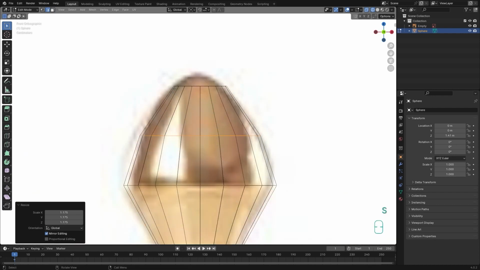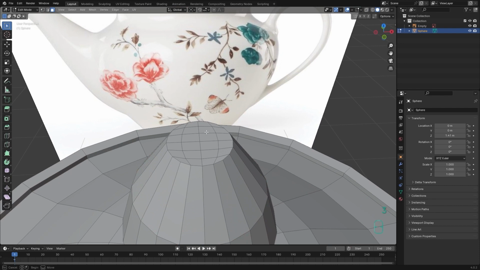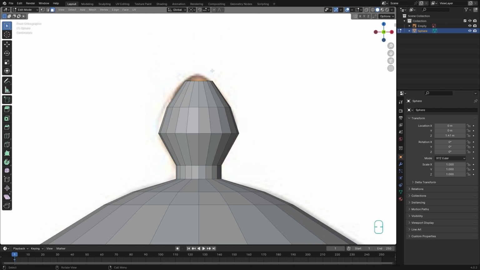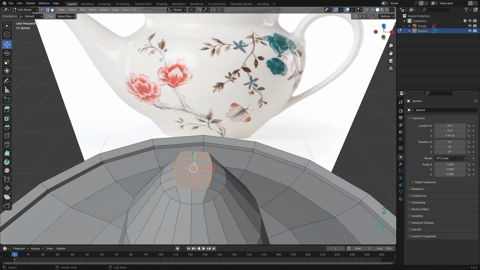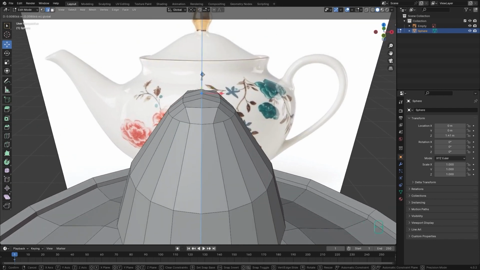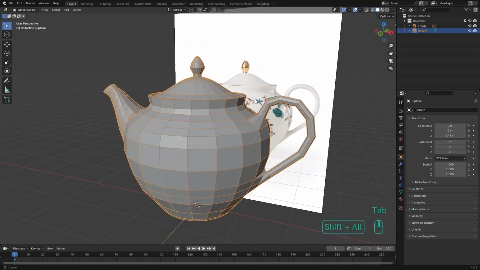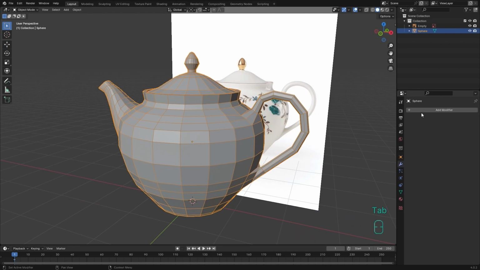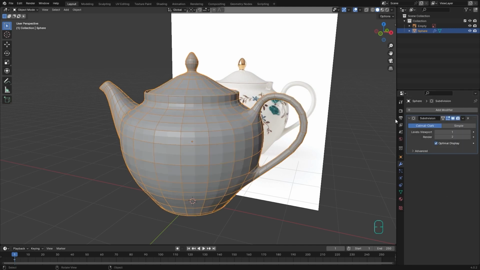And this top part needs to be curvy, so I select these 8 faces and this time I'm not going to use extrude, I'm going to use the move tool to move it a little. Okay, and then I can use these 2 edges with edge selection mode to move it a little too, if you like. Okay, and this is our teapot, and if I activate the modifier, add modifier, generate, and subdivision surface,